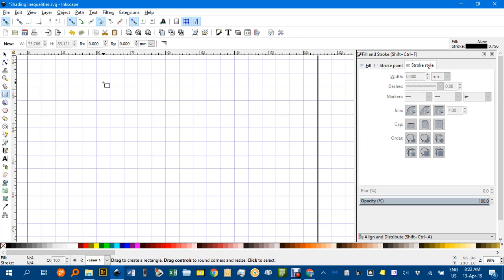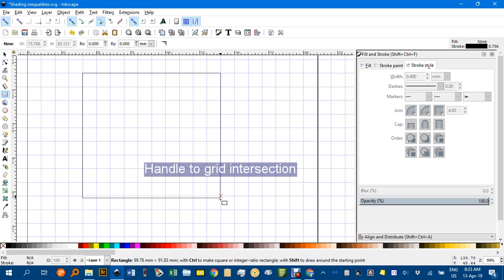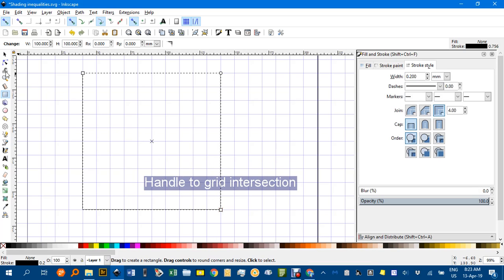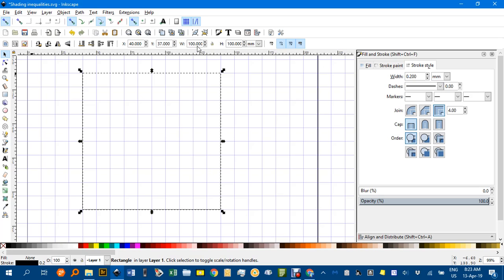So I click the Rectangle and Squares tool and I've got Snap to Grid turned on, and you can select your size of the grid. Perhaps if I go 10 across and 10 down, you can check the dimensions here, 100 millimeters, 100 millimeters, yep. Okay, next thing is I might